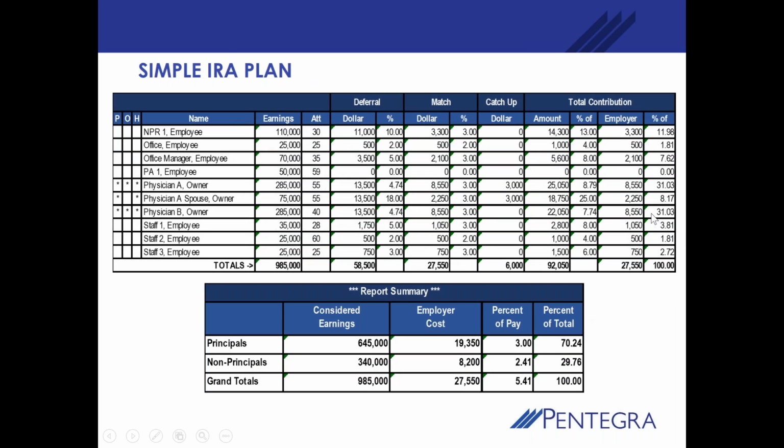And so here's a contribution analysis for our simple IRA. We've got our physicians and owners, and they're kind of grouped here in the middle, and we've got other people up above and below. But going from left to right, we have our deferrals. So we have these 3 who are all maxing out, and various other employees are putting away a little bit. Got one here that's putting away nothing, and they're receiving the match. Our owner and spouse who are over age 50 are using the catch-up provision, and so they're receiving and contributing $25,050, $18,750 respectively. Our other owner, no catch-up provision, $22,050, and